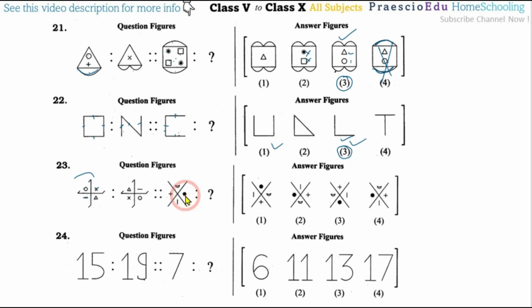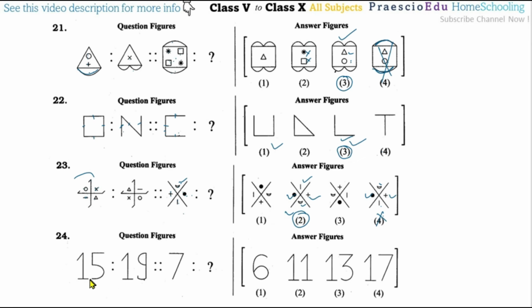Now here the solids will come on the left side, so here only and here only. Then these plus signs will replace the solid circles, so here and here correctly. Now this figure should be at the bottom and this one should be at the top. So option number 2 is correct. In option number 4 these figures are kept the same, so option number 4 is incorrect. So option number 2 is the correct one.